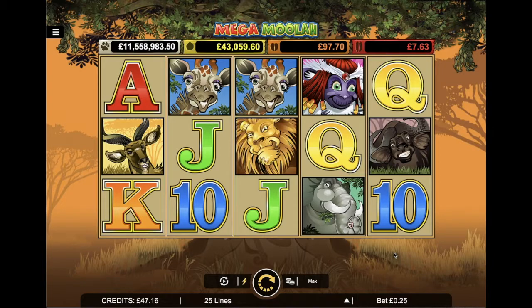Hello and welcome to this latest video where we're going to be looking at the original Mega Moolah slot, and we're going to be looking at the different features on the slot,